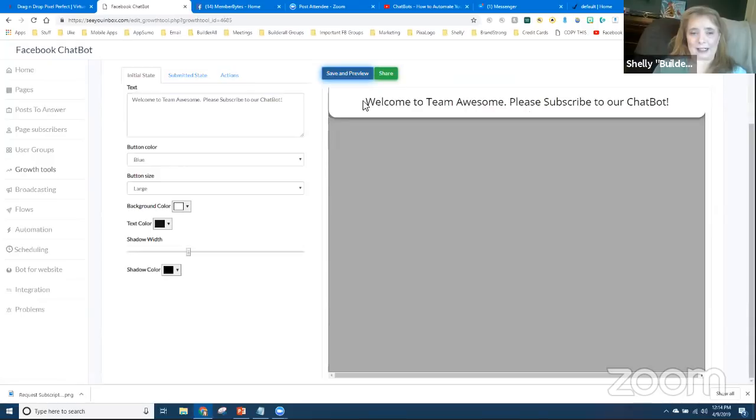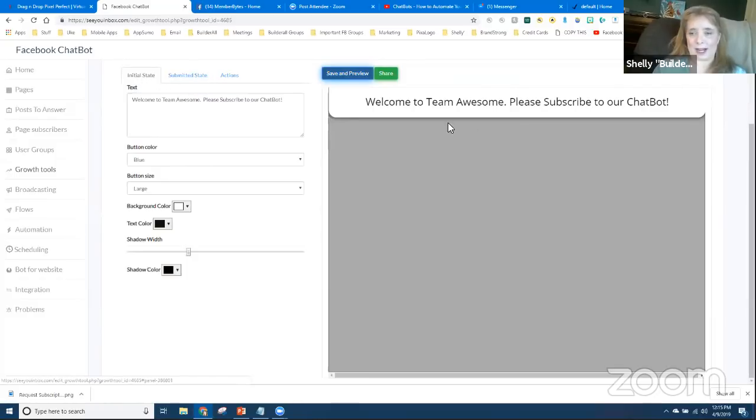And what you don't see, and I'm not sure why it's not showing up, is there's a button that appears right here that they click to open up Messenger and subscribe instantly. Okay, so that means they do not have to go to your Facebook page to subscribe, and they don't have to open up the Messenger chatbot on your website. You can actually create this box to show at the top of the page, and it is very intrusive, right? You want to get it out of the way. So they click the button to subscribe. It subscribes them to the chatbot, and it works beautifully.